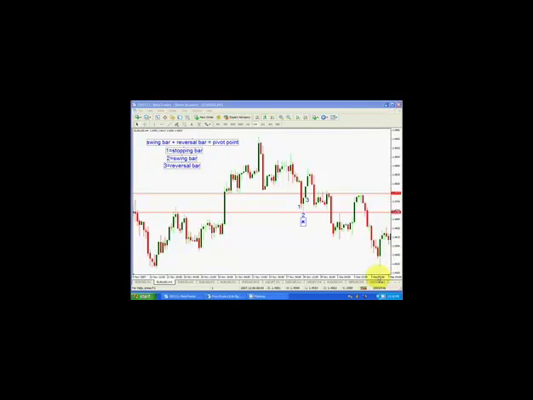Okay, this is lesson 3, and in lesson 2 we covered where we would place our stop after the reversal or pivot bar indicated that we should enter the market long, or buy the market. And then we discussed how our stop would go below the low of the swing bar. And we also discussed how if we bought at the close of the pivot reversal bar, then